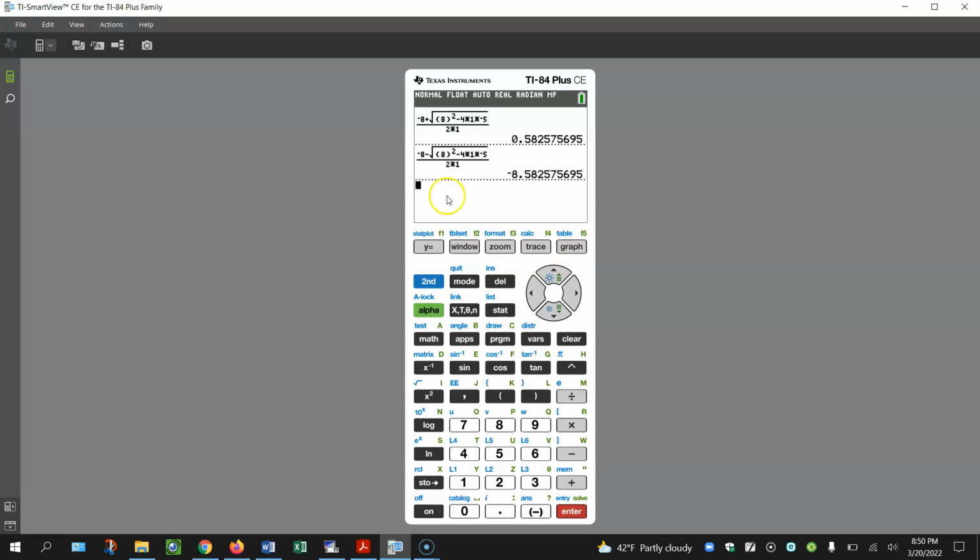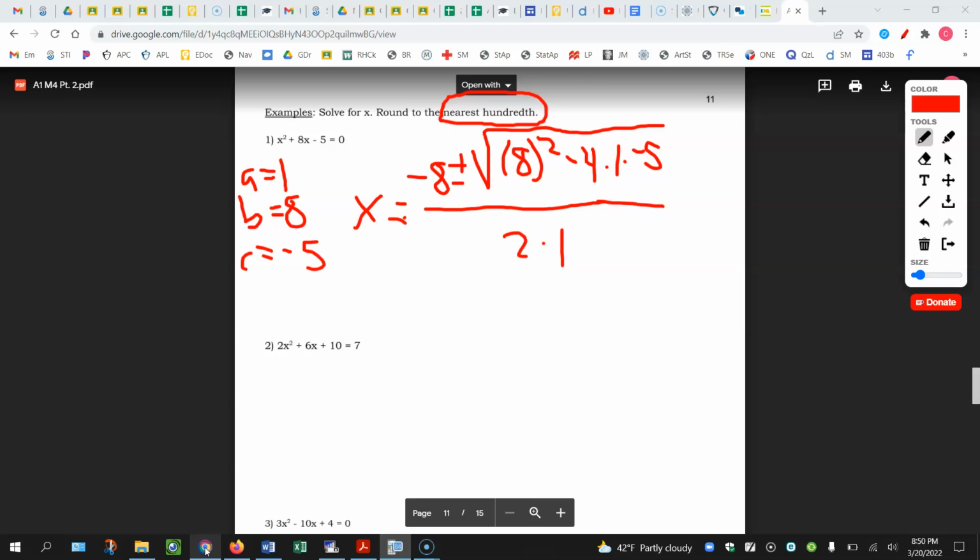So those are going to be our two solutions. 0.58. The number after it is a 2, so this stays 0.58. Negative 8.58, same thing. Somebody said this rhyme last week: if it's 5 or more, raise the score. So neither case is. It's going to be 0.58 and negative 8.58. So if we come back here,